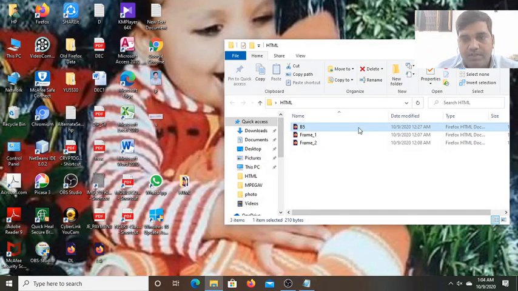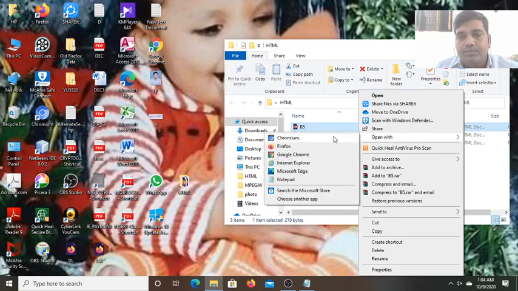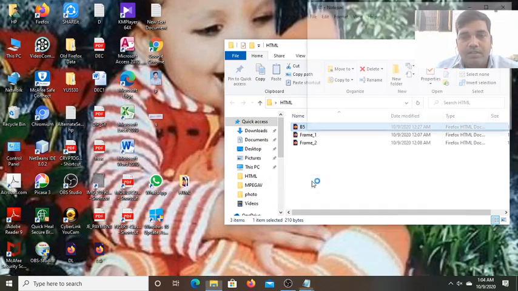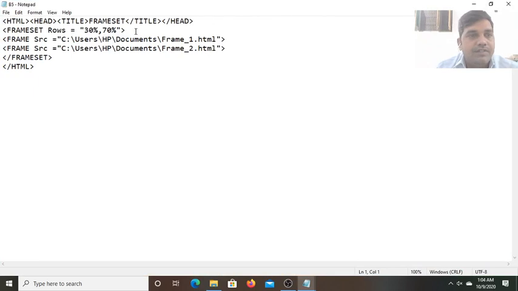Let me open this file first. Open in the notepad. Now see, the contents are changed or not. Here, rows only. Here it is nothing updated. That's why it is showing the problem. So here first we will make the changes. In the place of rows I have to write the columns. So it is not updating. Some virus came in the computer.